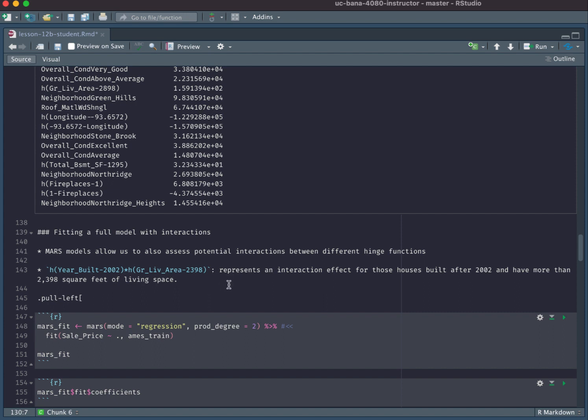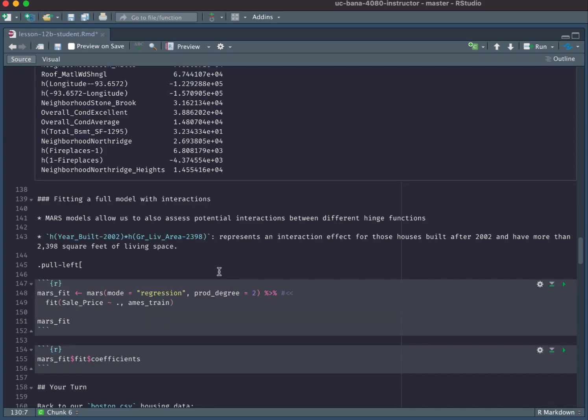Now, one last thing here is we can fit a model with interactions. So MARS models allow us to assess potential interactions between the different hinge functions. So how we model this is here, we use the exact same code that we used above, where we're doing a model where sale price is a function of all predictors. But what we're going to do here is add this prod degree. So this means allow second degree interactions. Let's go ahead and fit this. It's going to take a little bit longer because our model is assessing a whole bunch of possible interactions